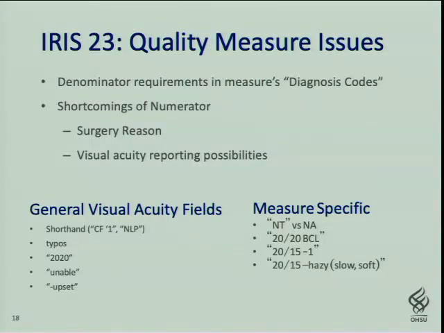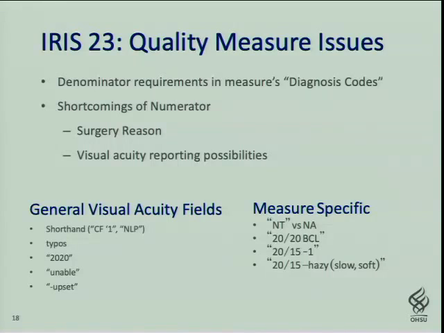The main problem with this issue was in the denominator requirements in the measure's diagnosis codes. The diagnosis codes they had given were supposedly CPT codes, but they were actually mislabeled HCPCS codes, which is just a different type of recording format. So if you were to literally examine the denominator as it is written, then there would be no data able to be collected on the field, due to the fact that you would never find a CPT code that had a HCPCS code's label. So to get around this, we pulled unlisted CPT codes for refractive surgeries and only filtered